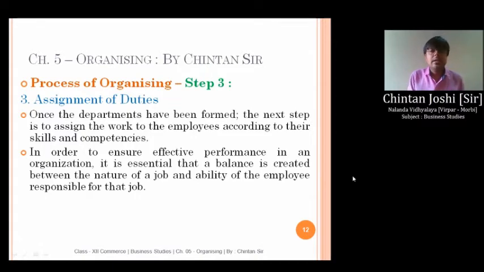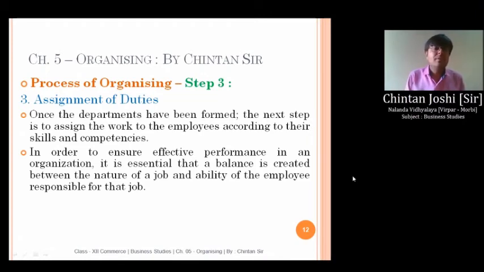In order to ensure effective performance in an organization, it is essential that a balance is created between the nature of a job and ability of the employee responsible for that job। देखो यहाँ पर भी वही चीजें रिफ्लेक्ट की है कि जैसे काम का जो प्रकार है, द नेचर ऑफ अ जॉब एंड द एबिलिटी ऑफ दैट एम्प्लॉय मस्ट बी इक्वल, वो एक दूसरे के साथ मिलती जुलती होनी चाहिए। अगर आप किसी अकाउंट के सब्जेक्ट टीचर को आप फिजिकल एजुकेशन पढ़ाने के लिए बोल दे तो इट माइट बी द डिफिकल्ट वन, या अगर हम बात करें कि फिजिकल एजुकेशन के सब्जेक्ट टीचर को आप अकाउंटेंसी डील करने के लिए बोल दे तो it might not be possible to get the objective successful, right?